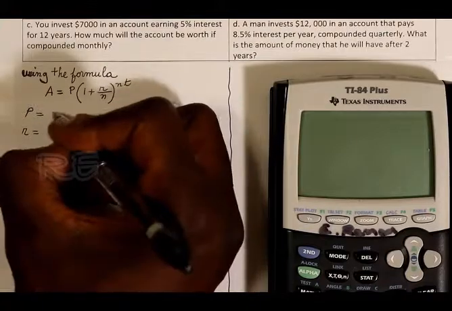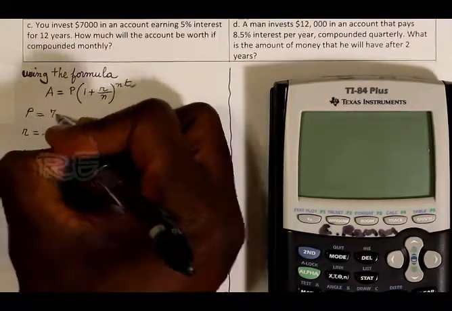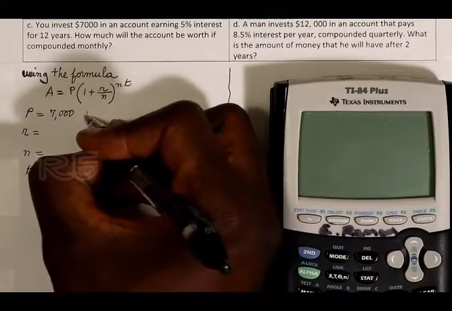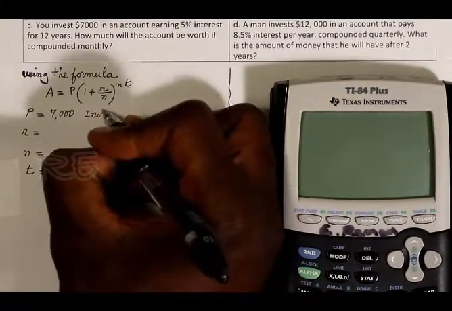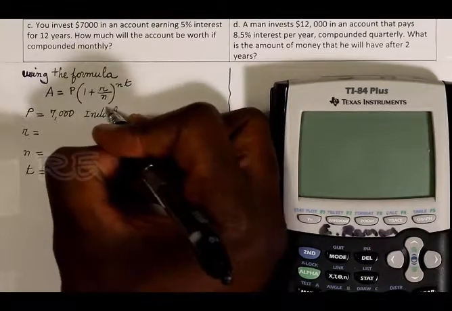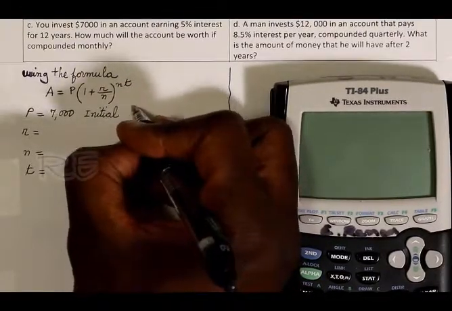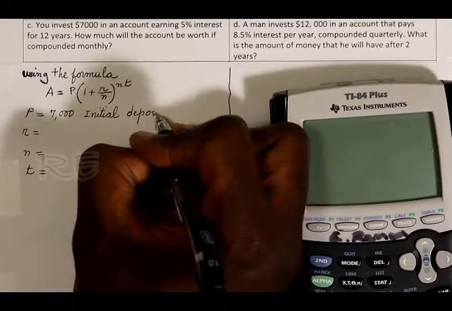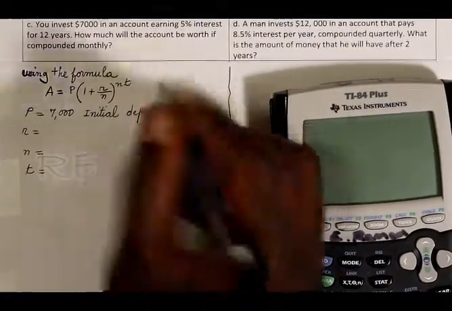For C, we have to divide the interest rate by the number of compounds. And for the exponent, we have to multiply the number of compounds by the time. So let's identify the different